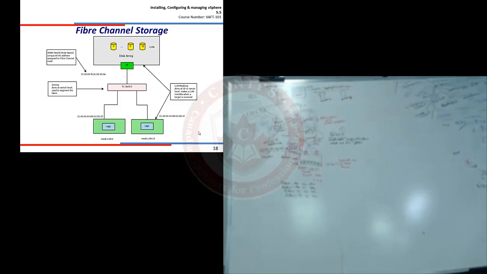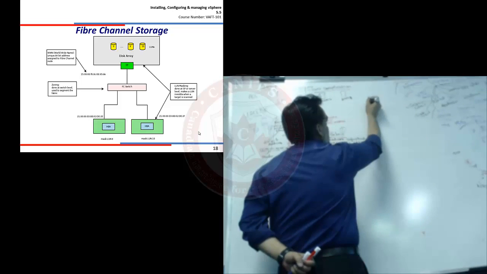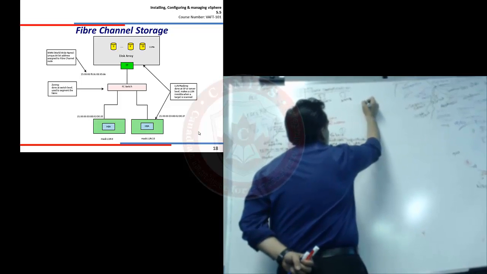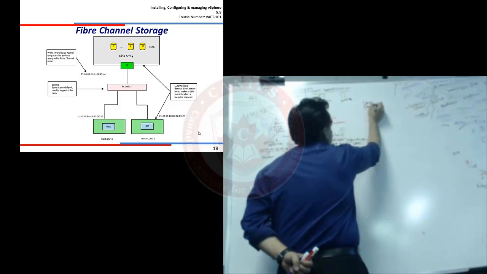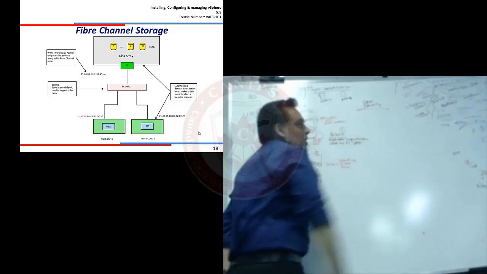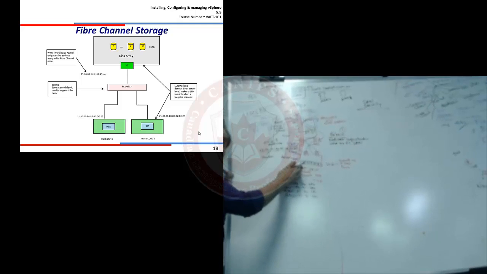Now the next thing we need to talk about before I start working on a disk is SAN security. For SAN security, we need to remember two concepts. But before even going to SAN security, there is one concept that will be used. So guys, let's look at this. SAN device,